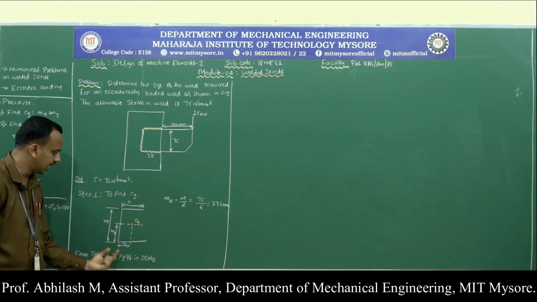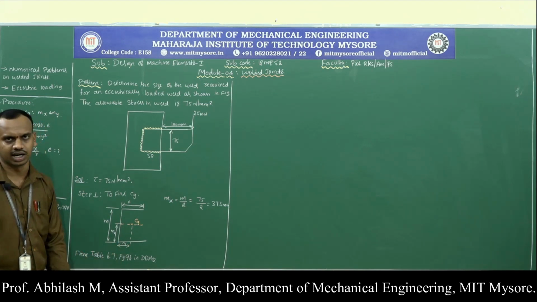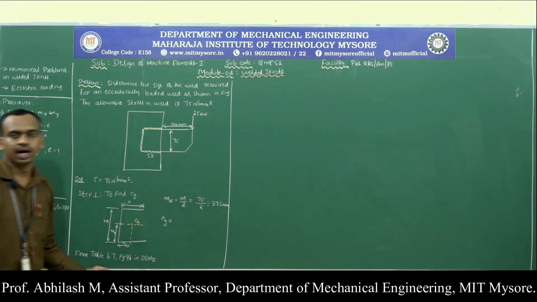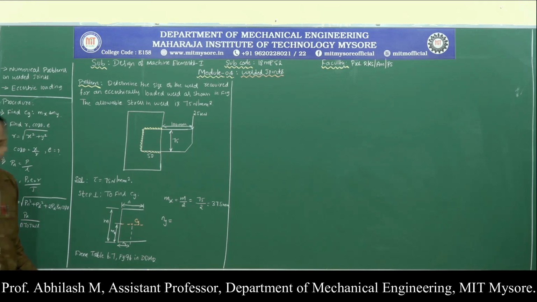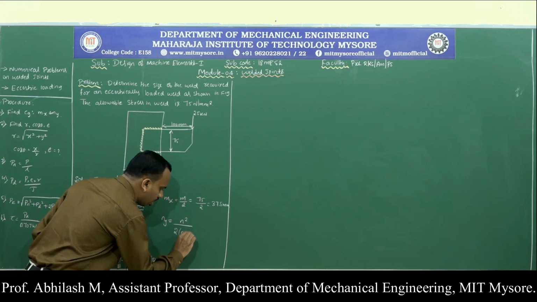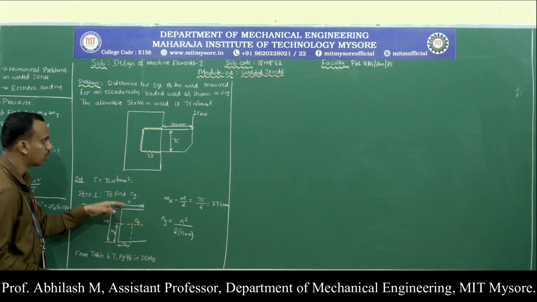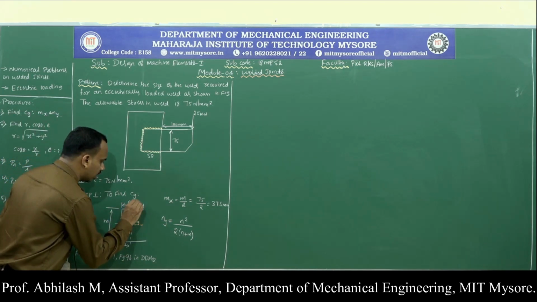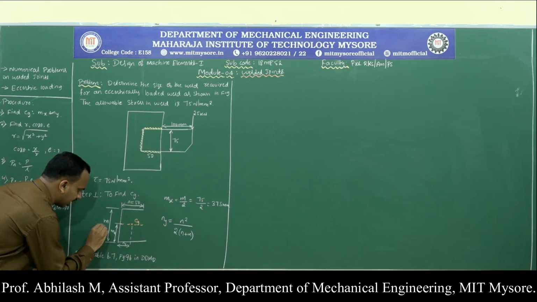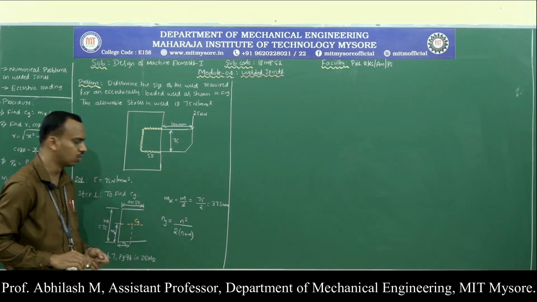Whereas this Ny is not at the center, so we are supposed to calculate it. We have a relation in our data handbook. So Ny is equal to n square divided by 2 times (n plus m). Do we know the n value? Yes, we know the n value. N value is equal to 50, as well as m value is equal to 75. So just substitute those values, and we are going to obtain the value of Ny.